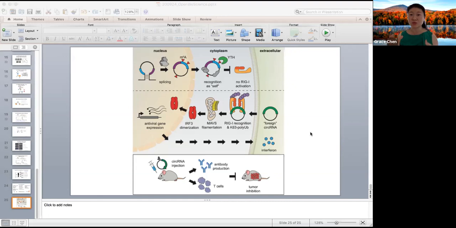So that's definitely something that's worth digging into even more on a global level. The other thing that we did was that we had mutated individual A's so that it can no longer allow for the modification to be put on. And when we did it individually, it did not seem like there was one hotspot for modification that was required relative to the rest of the circle. But there's definitely a good point that we need to do more analysis for other types of circles in addition to just the models that we were looking at.